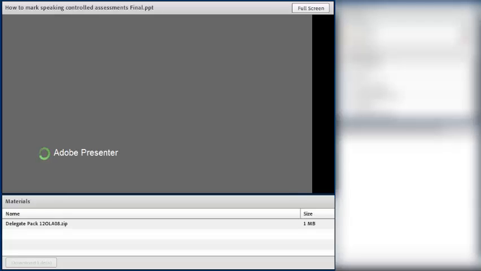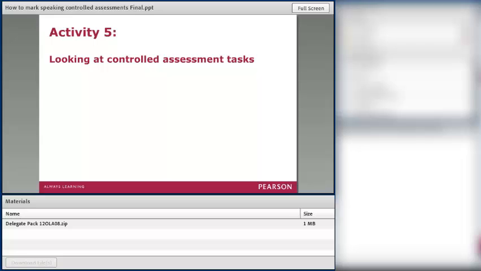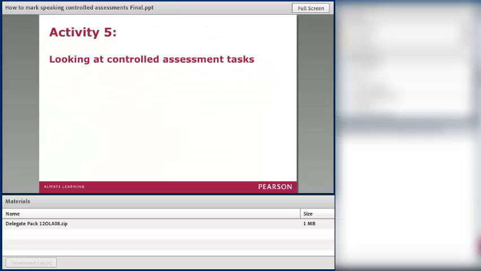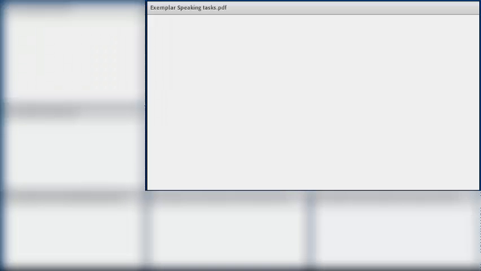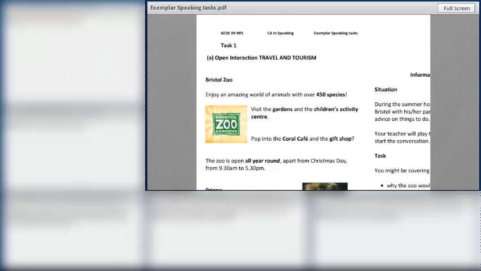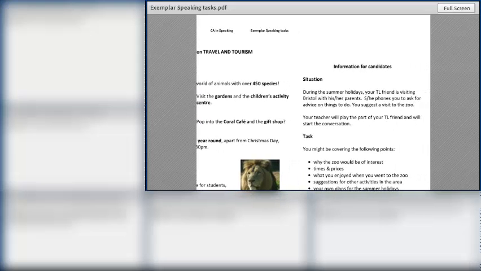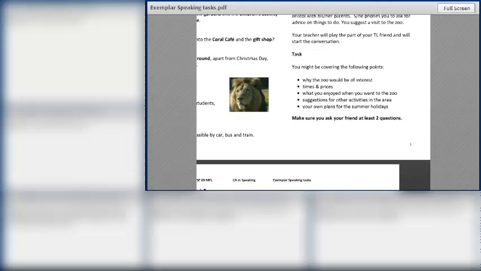I've read some of your comments. Some of you have been saying your marks came out lower than you wanted. One of the things I would say that you might want to consider is perhaps looking at some of the marking principles. So, for example, if you're doing an open interaction task, which I'm going to show you now, actually, we're not going to have time to do this properly, unfortunately, but on this task here, an open interaction task, which is a task created by a centre for their students,